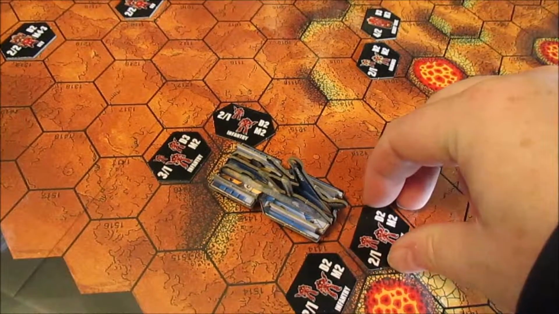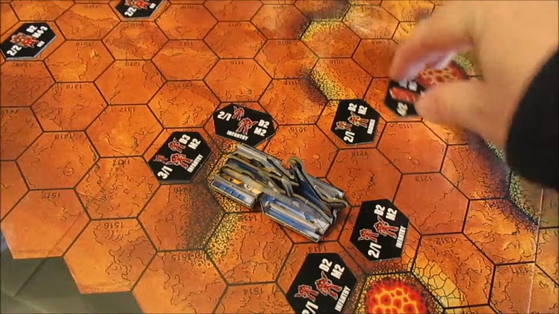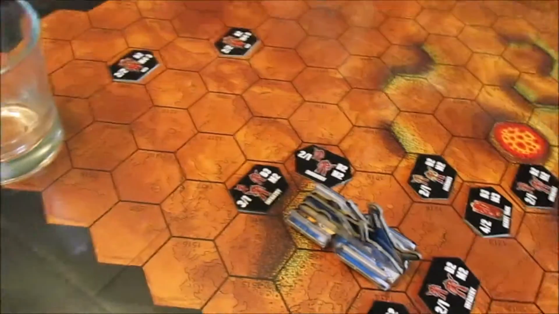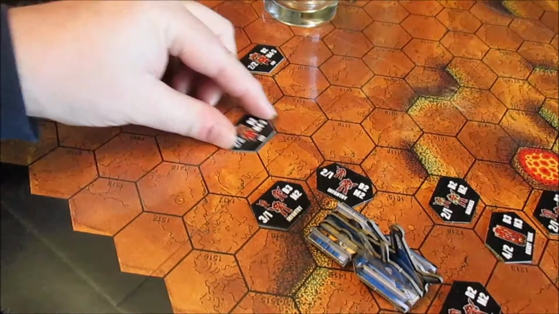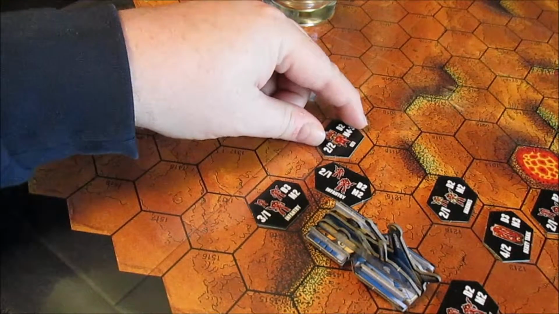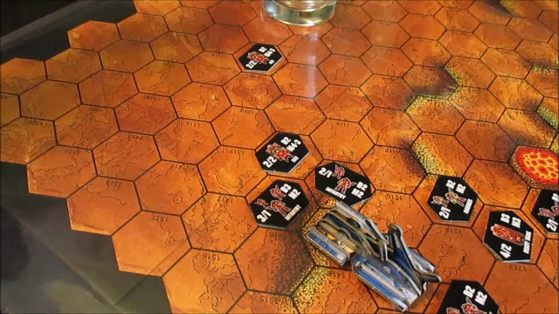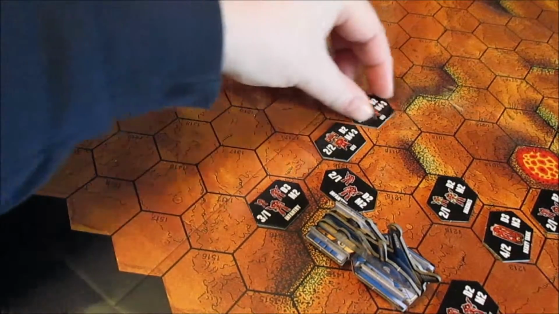Infantry is going to be all over the place. And then we got the GEVs back here, which are kind of playing tag. 1, 2, 3, 4. Let's make sure I'm within range. No. 4, 3. Ooh, crap. I can't stack. Oh well, he'll move there then. 1, 2, 3,